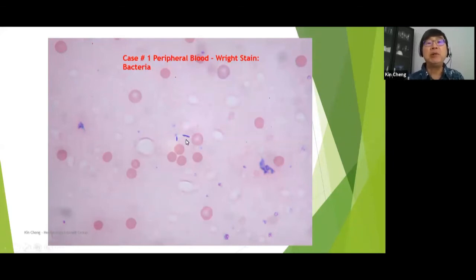So just because you're able to see this as a purple, darker color bacteria, you call this gram-positive, and you're going to report back to the pathologist saying that this is gram-positive? No, this is not. The only thing you can describe to someone else, let's say you have to phone the doctor, is that you see a rod-shaped microorganism. You suspect it's a microorganism, but you cannot confirm this until you have microbiology to prove